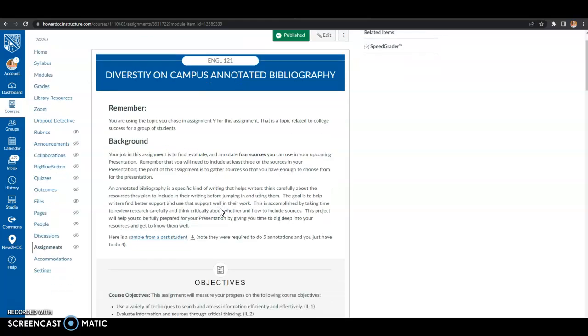An annotated bibliography, so you know that word annotation already, right? We annotated articles when we talked about how to do active reading. So the word annotation basically means to make notes. And so when you're making notes in the margin of a reading so that you can understand it better or write a summary of it, that's one form of annotation. For an annotated bibliography, we're making notes on our bibliography, making notes more specifically about the sources that are contained